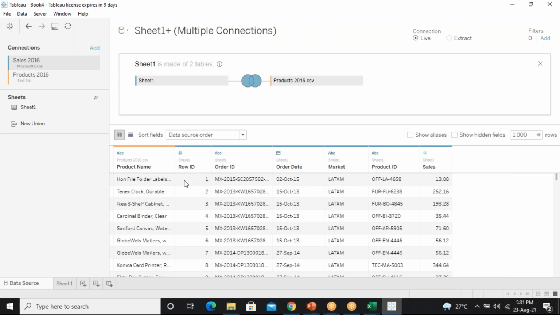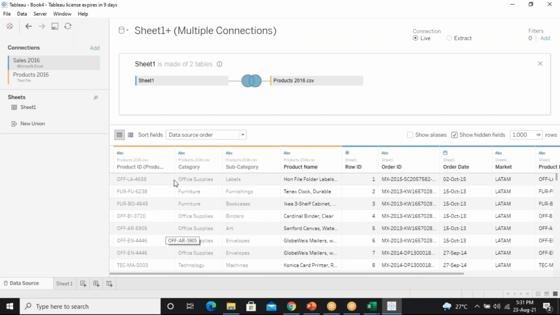Now, if I want to see the columns which are hidden, at the top, can you see the option called show hidden fields? Once you click on this particular place, it will show you all the hidden columns. Is it showing you all the hidden columns?